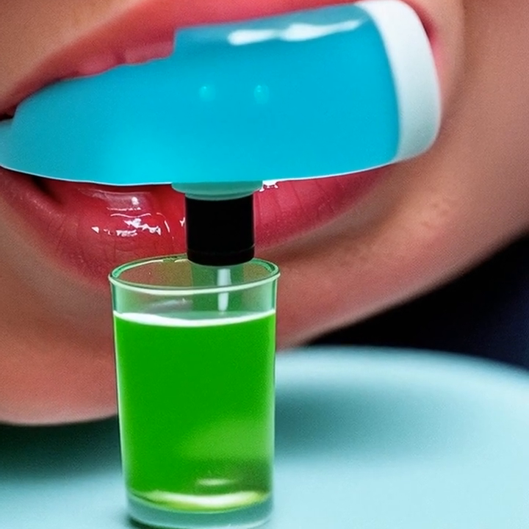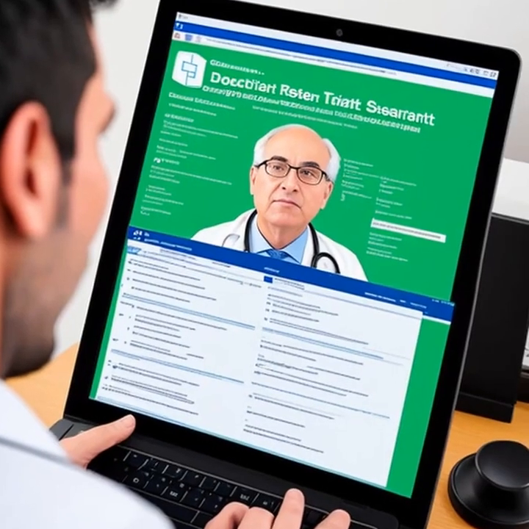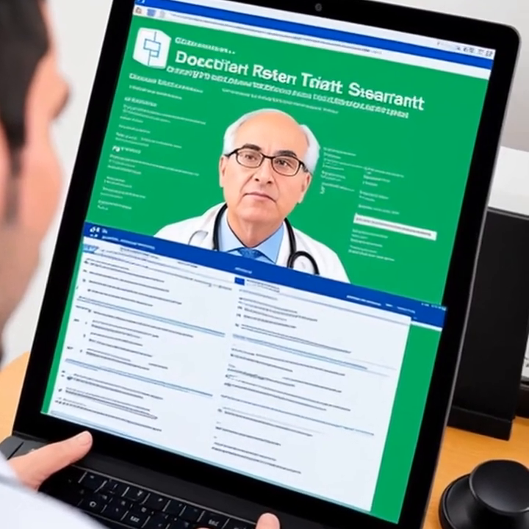Some of the key diagnostic tools include